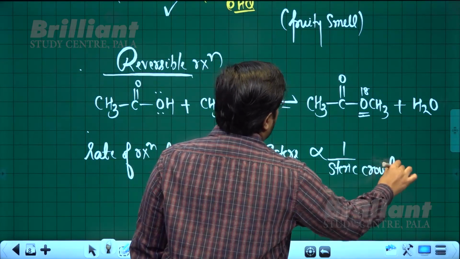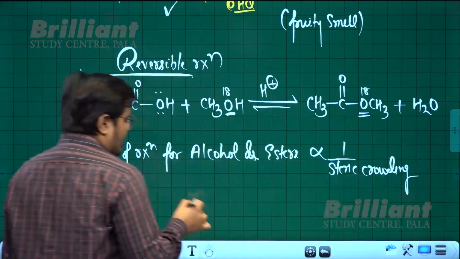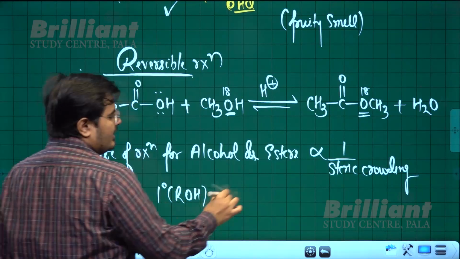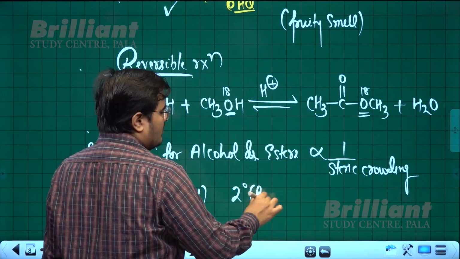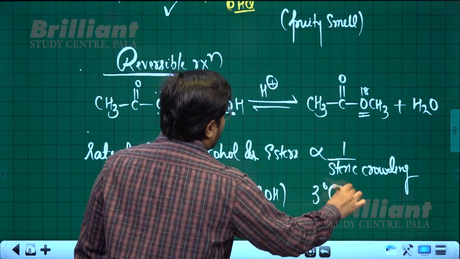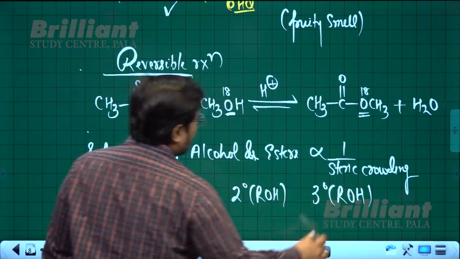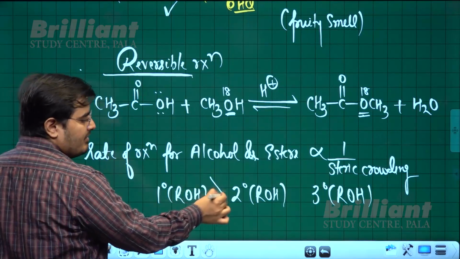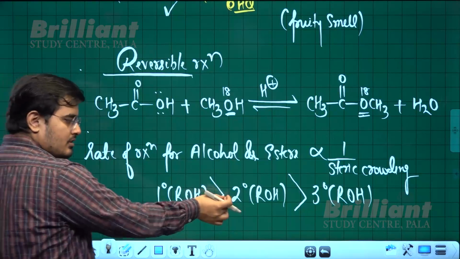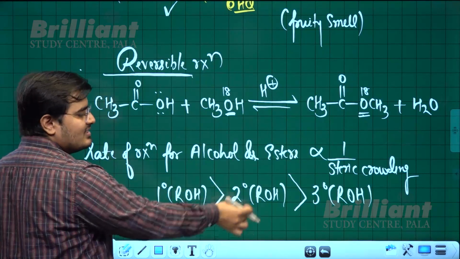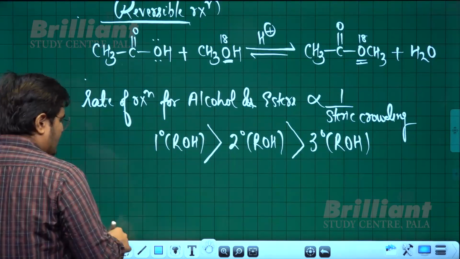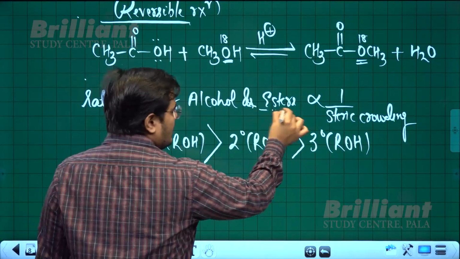That is, if I am comparing the rates of reaction of a primary alcohol, a secondary alcohol and a tertiary alcohol participating in esterification reaction, then the reaction will be fastest for primary. Primary will be faster than secondary, which will be faster than tertiary alcohol, and in case of an ester, again